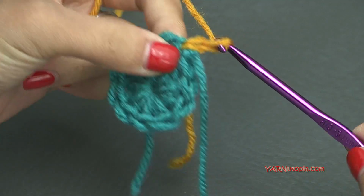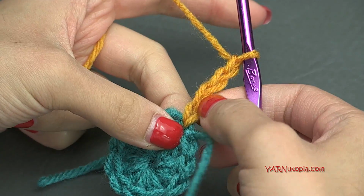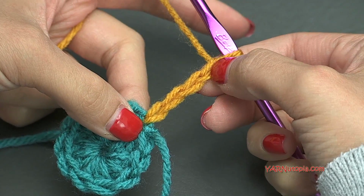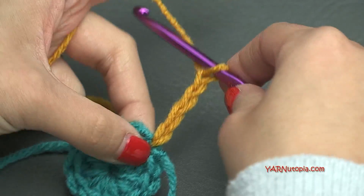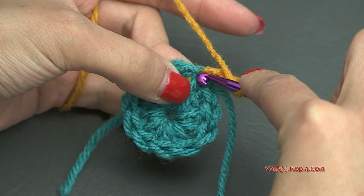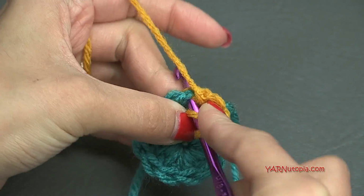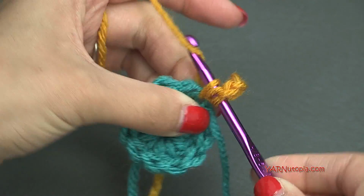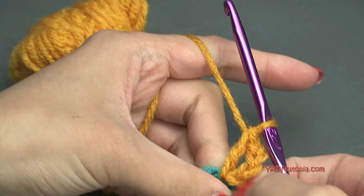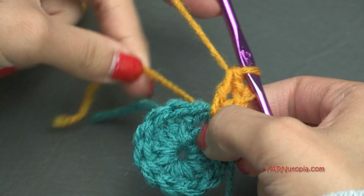So 1, 2, 3, and 4. And this counts as, the first 3 chains count as a double crochet, and then this next chain counts as a chain 1 space. We are going to put a double crochet into that same stitch. So yarn over, go back into that same stitch that we just attached to, insert your hook, yarn over, pull through, yarn over, pull through 2, and yarn over and pull through 2. So now it looks like a double crochet, chain 1, and double crochet, which is considered our V stitch in